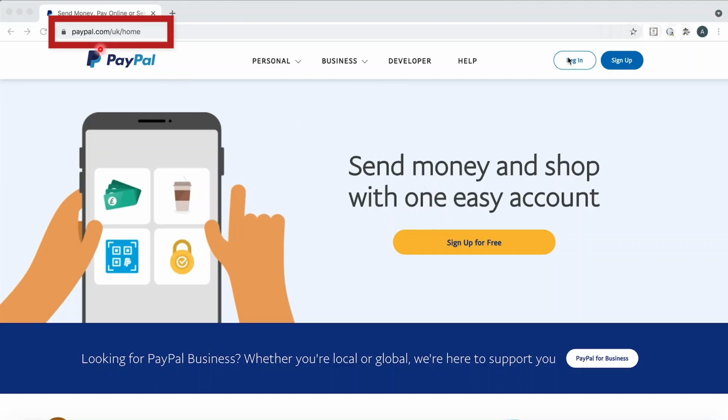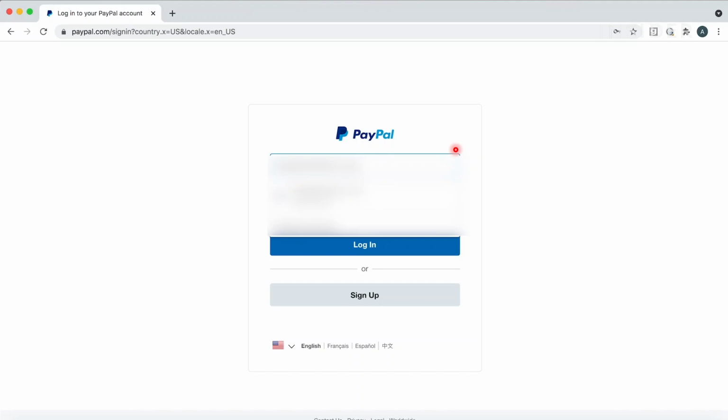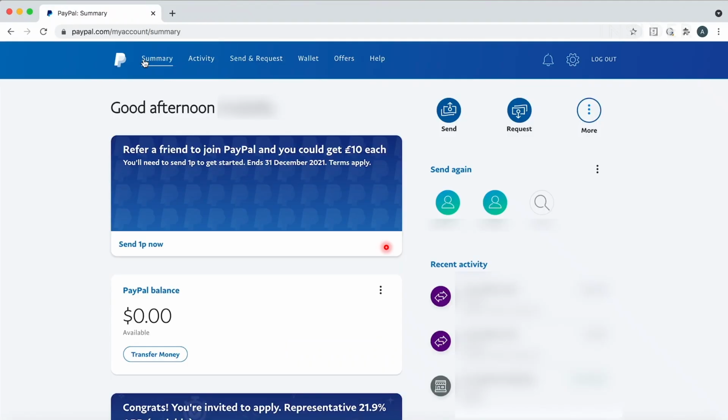The first thing I want you to do is come to the PayPal website, paypal.com, and then come to the top right and click on login. Log in with your email and password, and then once you are on your dashboard, what I need you to